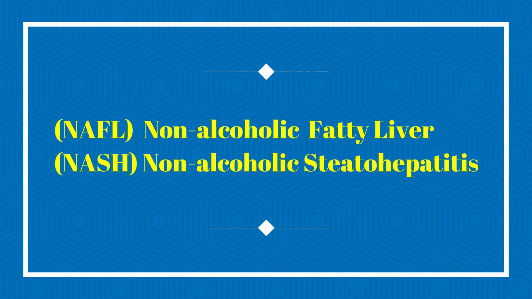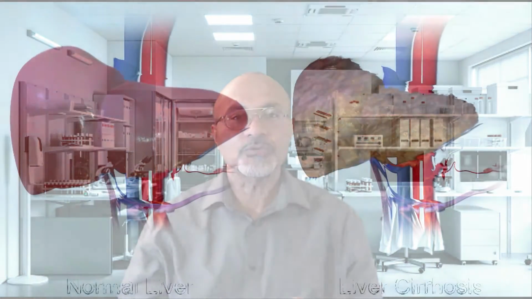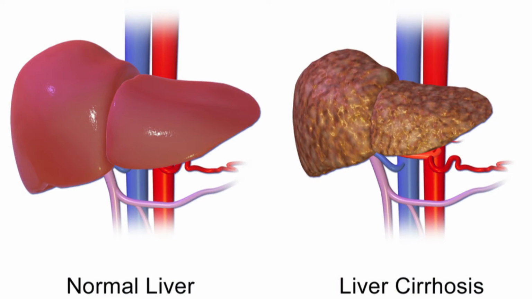In this video, we'll focus on non-alcoholic fatty liver disease. Non-alcoholic fatty liver disease encompasses two forms: non-alcoholic fatty liver and non-alcoholic steatohepatitis. Non-alcoholic fatty liver is buildup of fat in the liver without inflammation, whereas non-alcoholic steatohepatitis is the buildup of fat with inflammation and damage of cells in the liver. Non-alcoholic steatohepatitis can progress to fibrosis and cirrhosis, and once cirrhosis has developed, there's a 3% risk of the development of hepatocellular cancer of the liver.